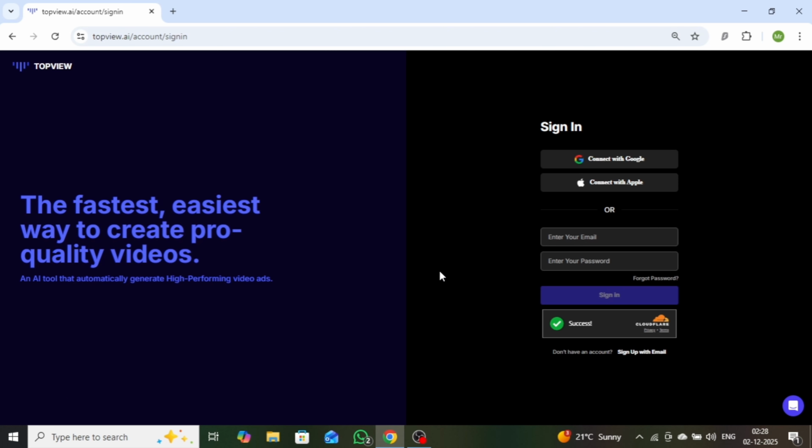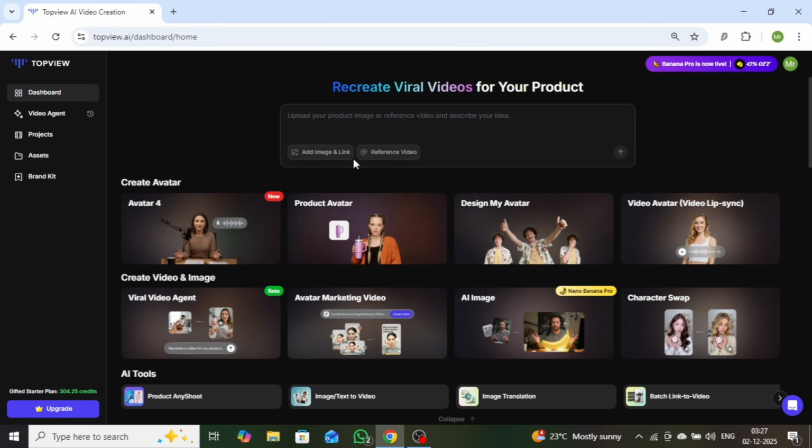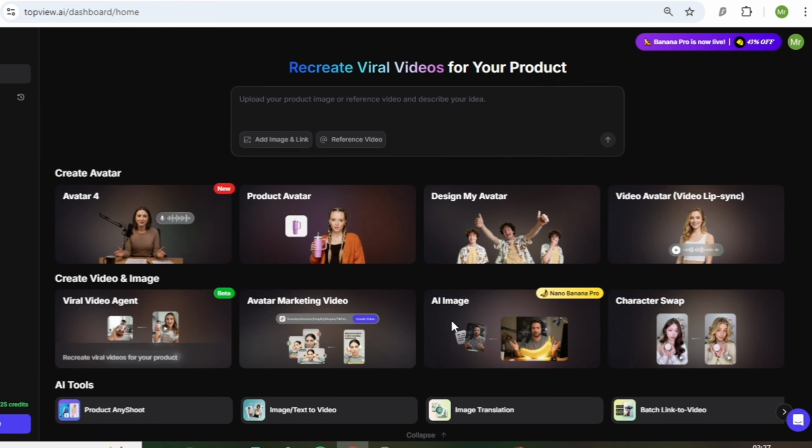Once you land on the website, you'll see a clean and intuitive interface. From this screen, you can easily sign up using your Google account, Apple account, or any valid email address. For this demonstration, I'll continue with the Google sign-up option. After completing the sign-up process, you'll be taken to the Topview AI main dashboard, where a powerful suite of tools